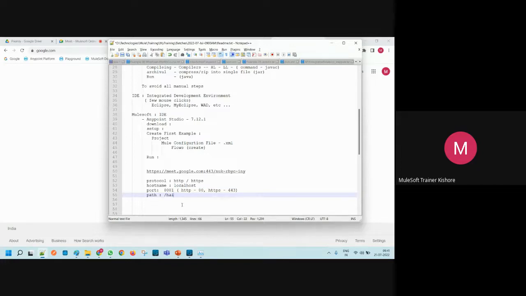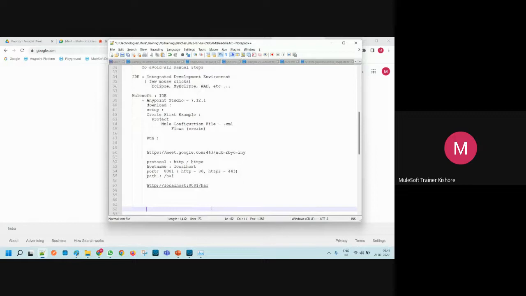So we have to configure an application which listens to the request for this configuration. When I form a URL with http://, where my application will run is my local machine, then port 8081, and then "hi" is my application path to reach. This is the location I have to give. Now